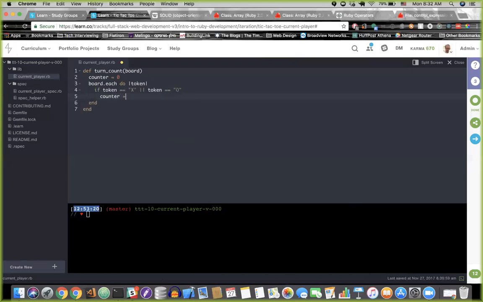We want the counter to go up by 1. And we're going to use this, not log 10. We're going to use this fancy